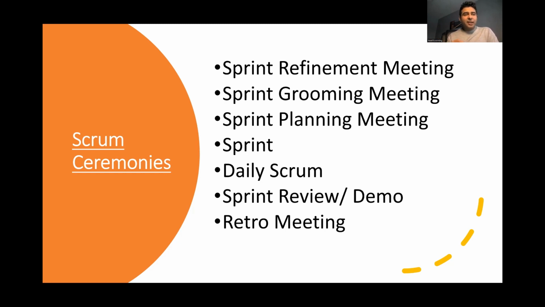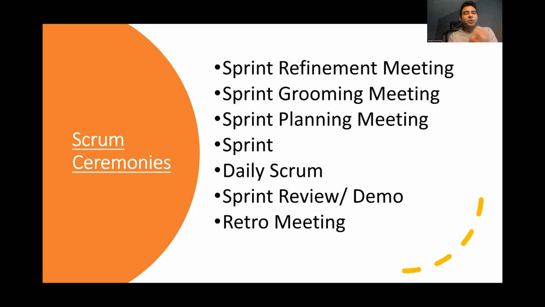Sprint planning meeting is basically to plan for the next sprint. In this planning meeting, we bring the prioritized user stories which need to be done for the next sprint. And now we try to find out the velocity. Right now it's 21. So we bring the number of user stories for which the total number of story points will be 21.